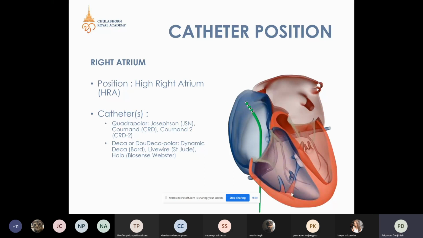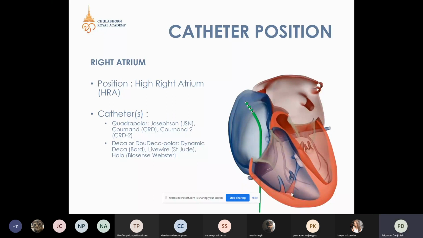The diagnostic catheter that will be placed in the high right atrium should be quite soft and pliable, because the wall of the right atrium is quite thin. So to avoid perforation of the right atrium, the diagnostic catheter should be soft and pliable. And definitely